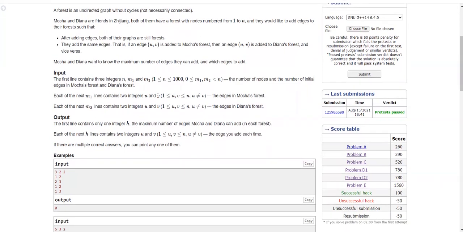Basically we will take a parent array for Mocha and Diana. In that parent array, like we do in union find, we will first initialize every node with itself as its parent. After that, since there are m1 edges in Mocha's forest, we will union them, and similarly the same thing we will do for m2.